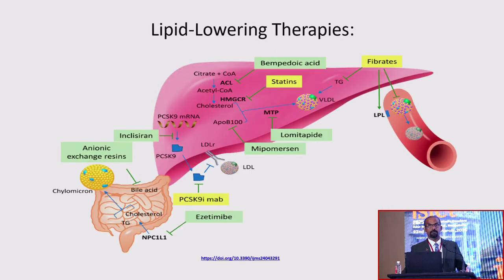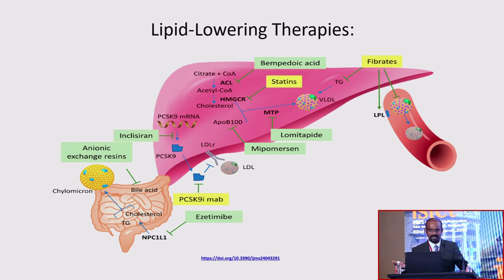The major part of the cholesterol comes from the intestine, from our diet. Then it goes through the enterohepatic circulation to the liver, where the synthesis starts. Various levels are there, starting from citrate to acetyl-CoA. There, if you inhibit the enzyme, it will be bempedoic acid. If you come a little further down, acetyl-CoA to cholesterol, the HMG-CoA reductase inhibition can be achieved by the statins. And the PCSK9 inhibitor, that is basically inclisiran, is again acting, and these are the two potent drugs. The PCSK9 inhibitors and the statins are the most potent drugs which can reduce LDL.